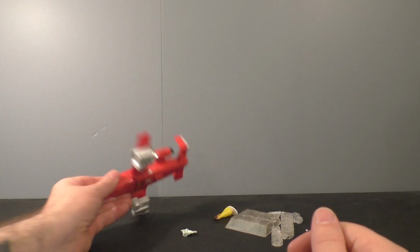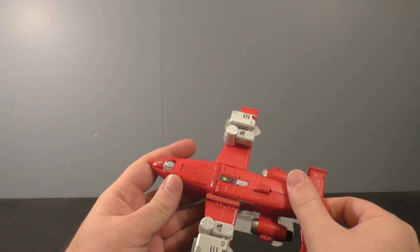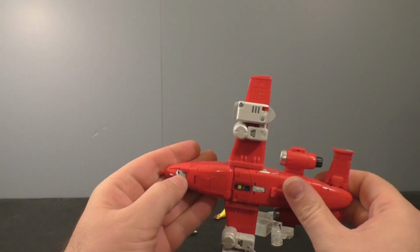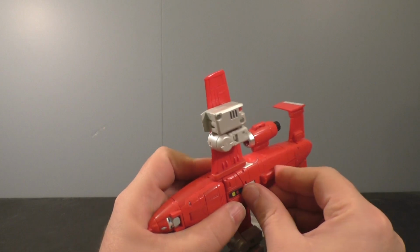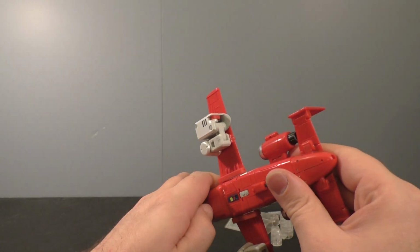And here he is in his jet mode. So I don't think there's a way to hide the face. So he's got the visible face syndrome. I think that just kind of goes with the character. You can fold this out, I believe. Let's see